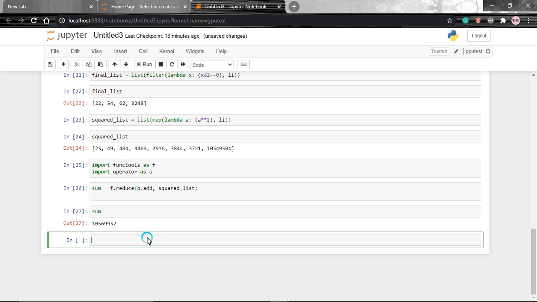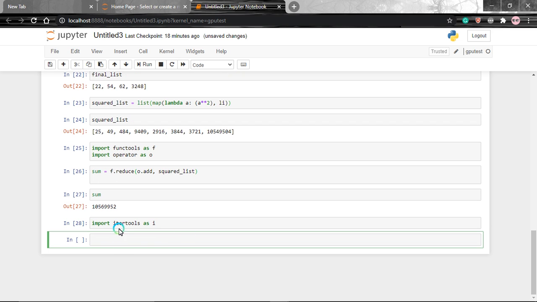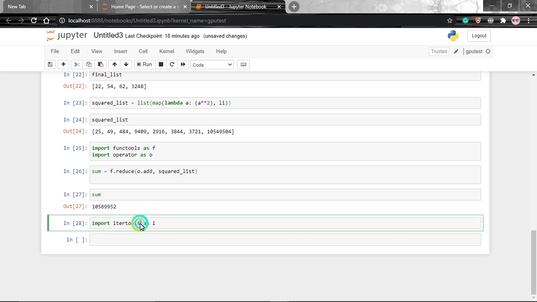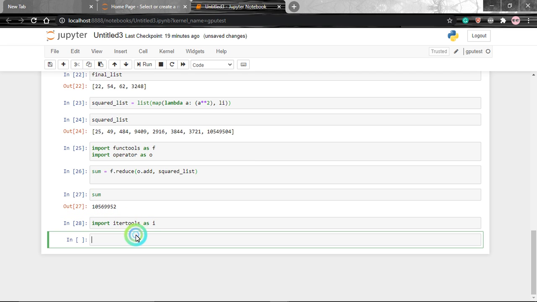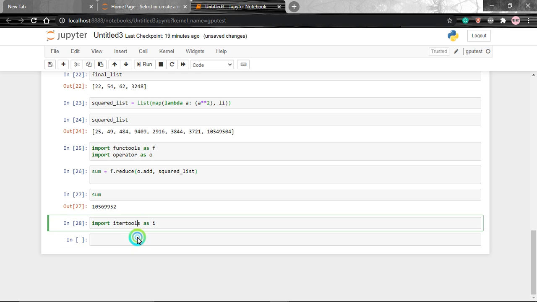Let's say we want consecutive sums as output, so we use a different accumulator function for that. For that we require import itertools as I. This is a library, itertools, and in this library the accumulator is present, so we need to import it.